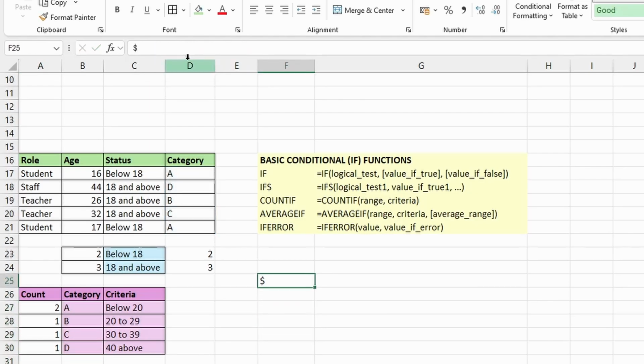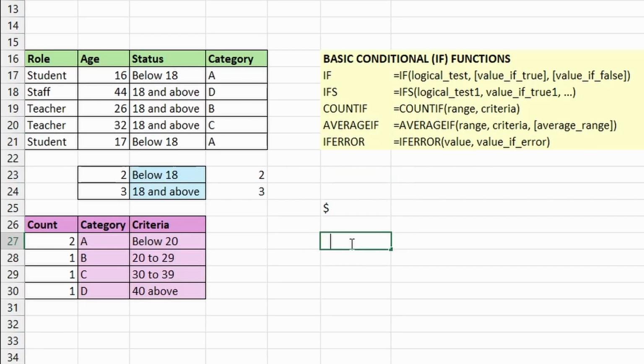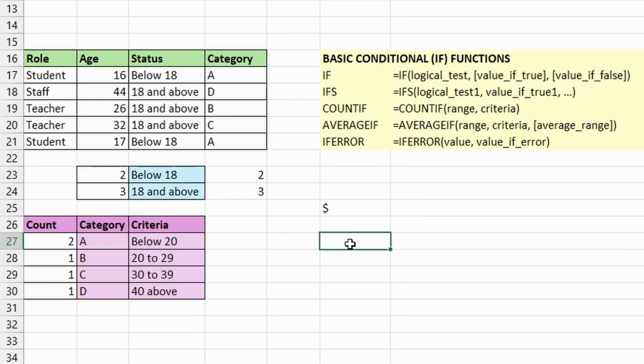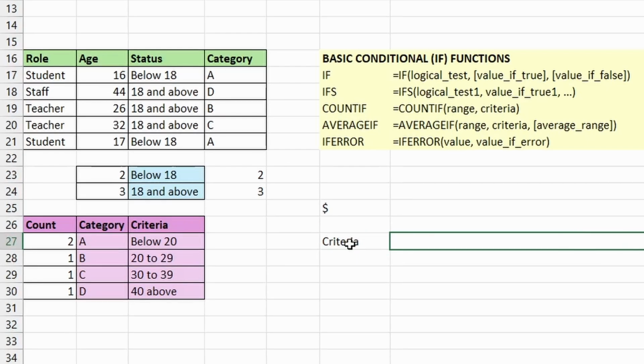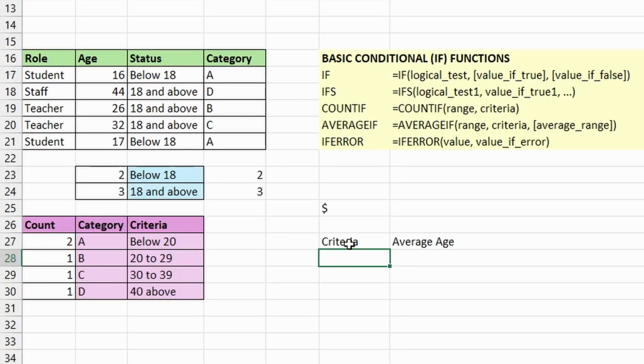Now, AVERAGEIF is used when we want to average values in specific categories. So for example, we want to get the average age of those that are 18 and above. So how do we do that? Okay, so let's see. Let's make another table: criteria, average age. So in this case, our criteria is below 18